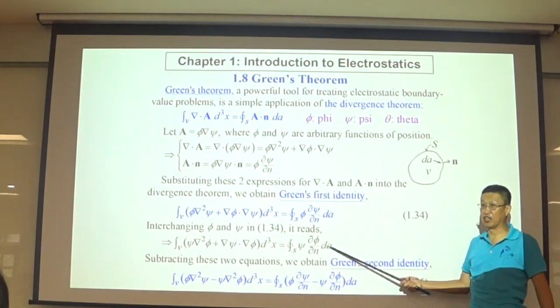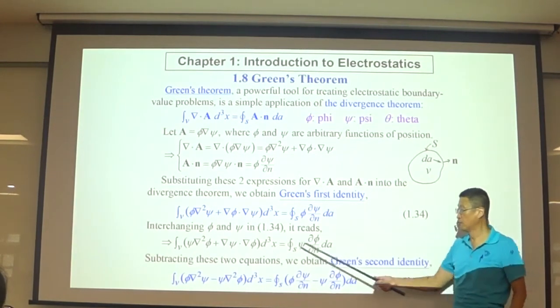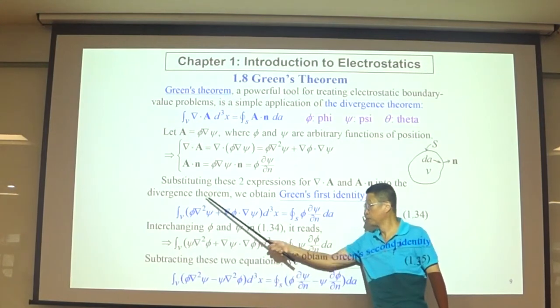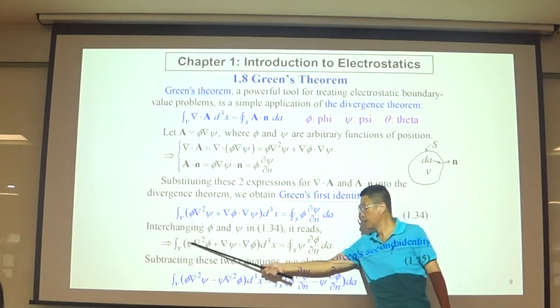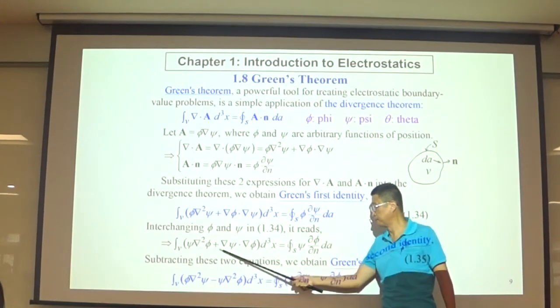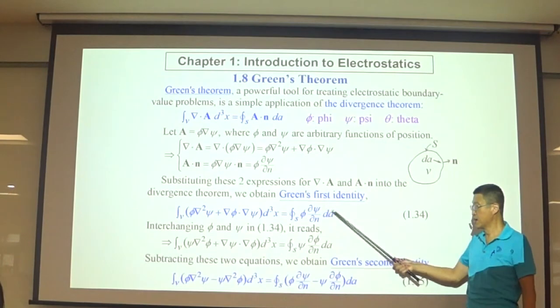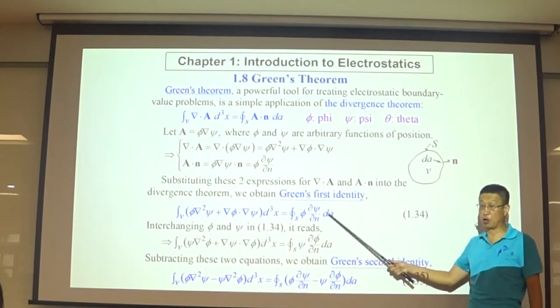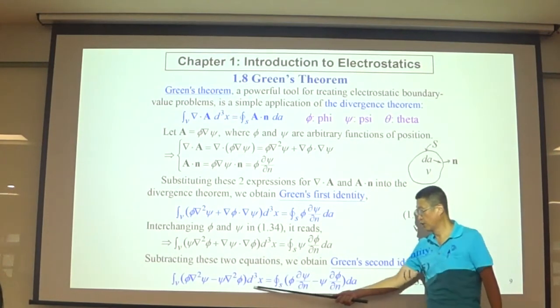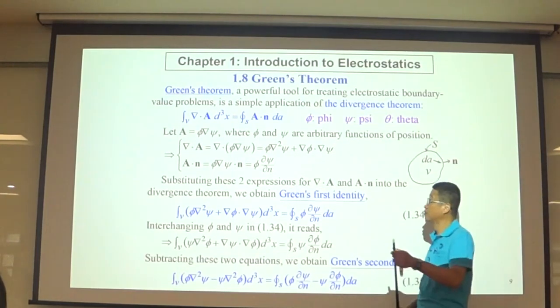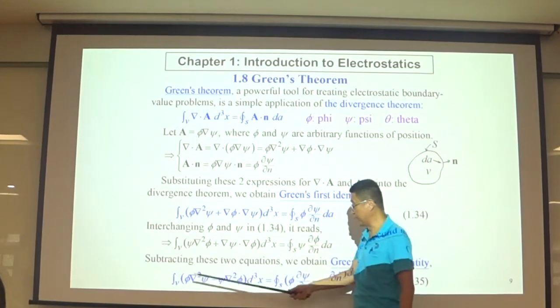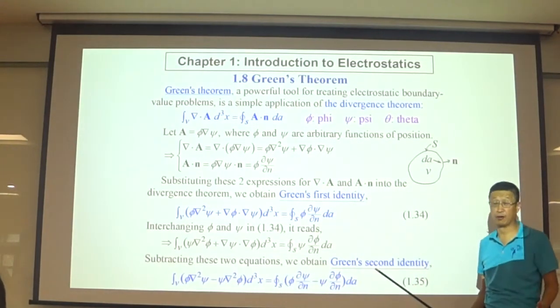Also Green's first identity, but we just change the order of the symbols. Phi Laplacian psi, and here, psi Laplacian phi. Okay, and then subtract these two equations. And we got Green's second identity. Okay, up to this point, we go from 2 and it becomes 4. We double